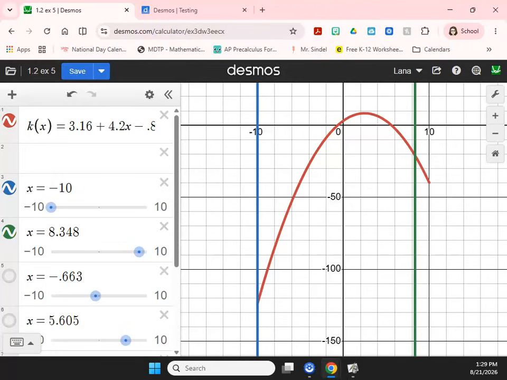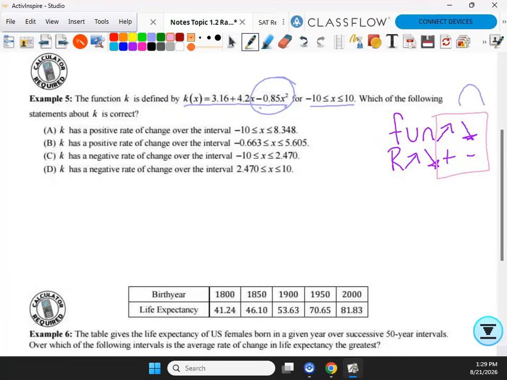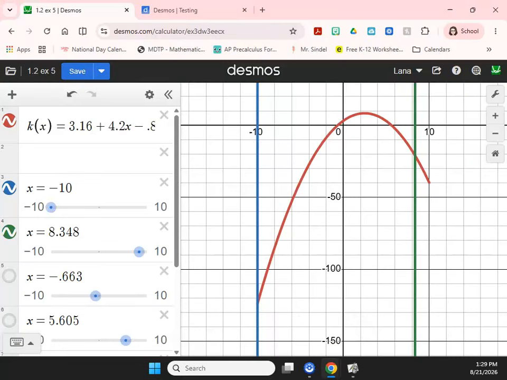And we're looking to see if our function, let's see what this says. This said, k has a positive rate of change. So if k has a positive rate of change, that would mean that the function is increasing. Is the function increasing on this entire interval? No. It increases, then decreases, so my answer is not A, right? So then the next one is